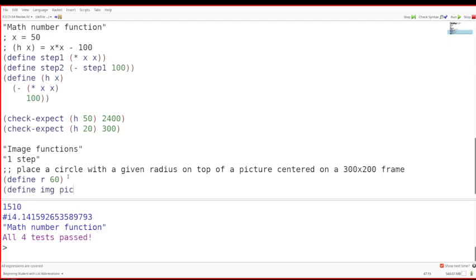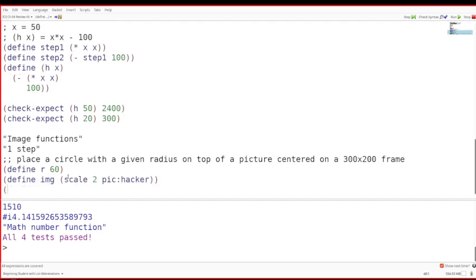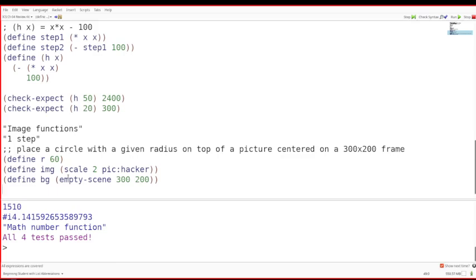Let's say scale to picture of hacker, and then we want the background, which would be empty scene 300 by 200. And let's see. So how I'm going to do this, overlay circle R